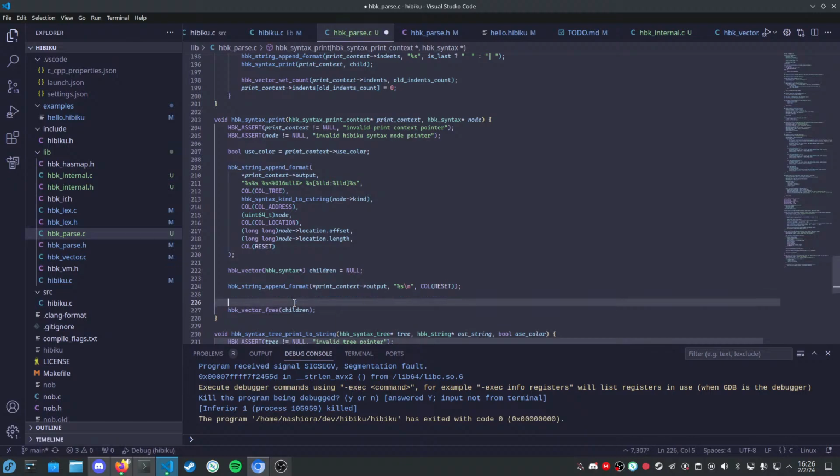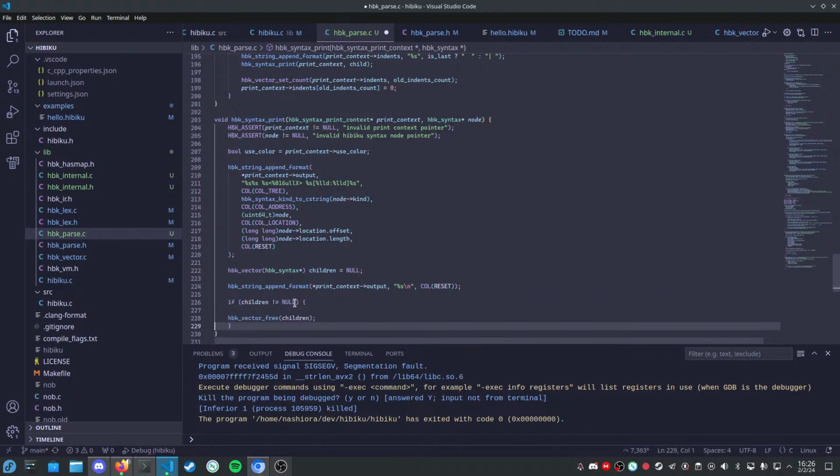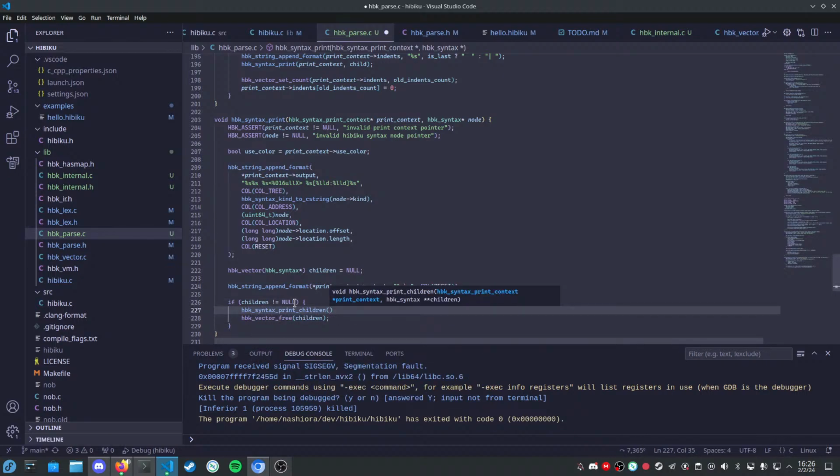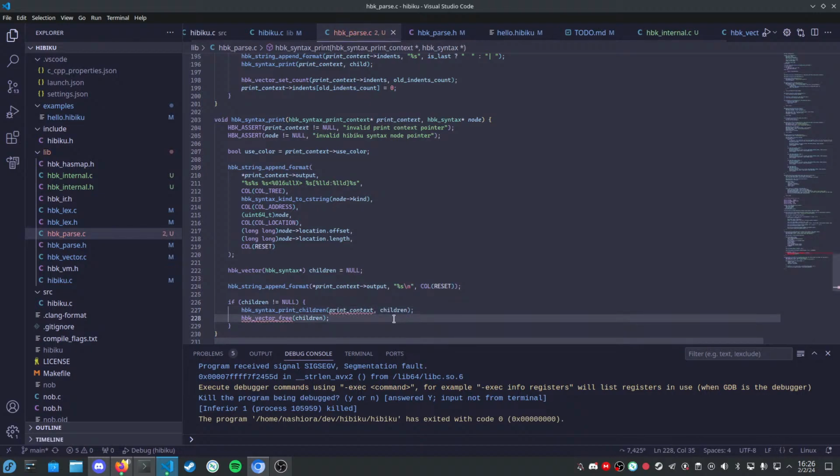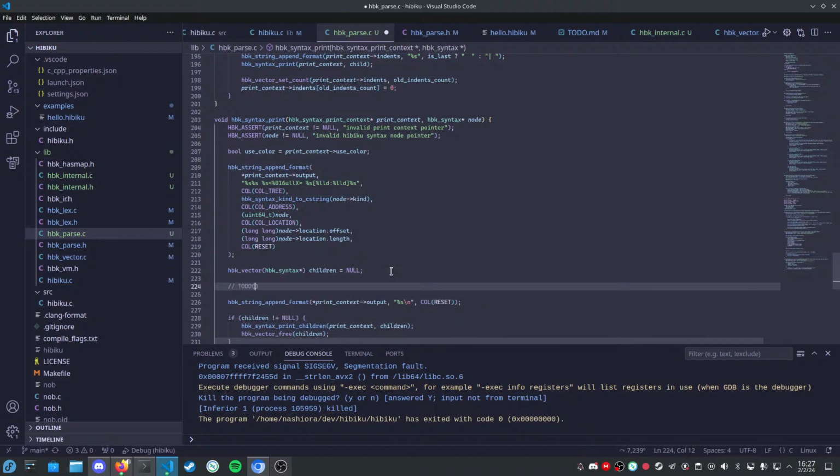And really, we can just say if children not equal to null, then free the children and print children, print context children, like that. So then when we do implement printing children, it'll be right there ready for us. So we append the line, get ready to print the children. Do extra printing plus calc children. And that,